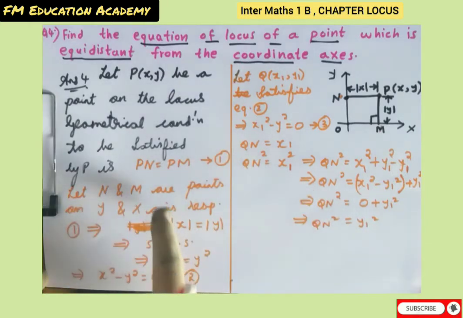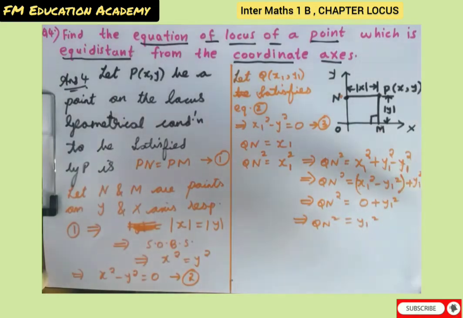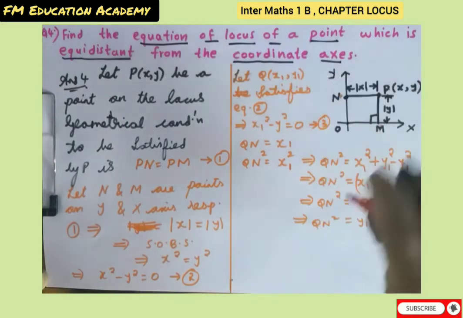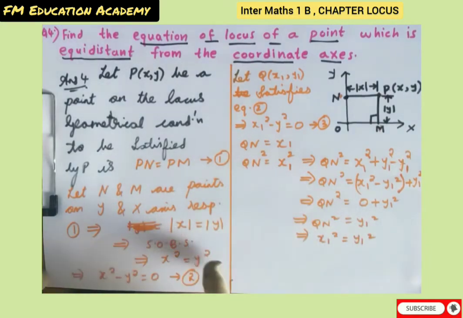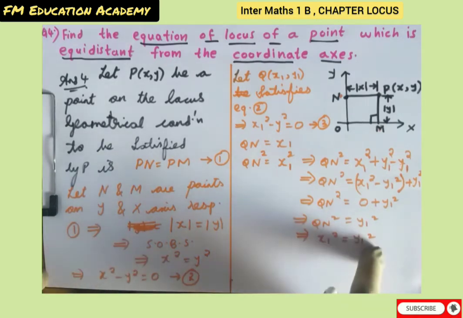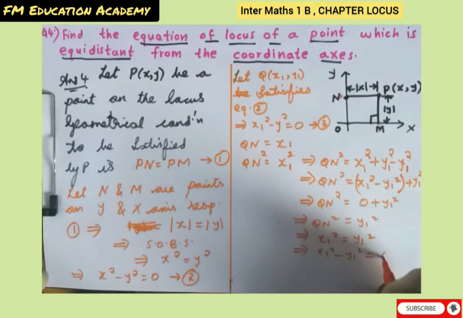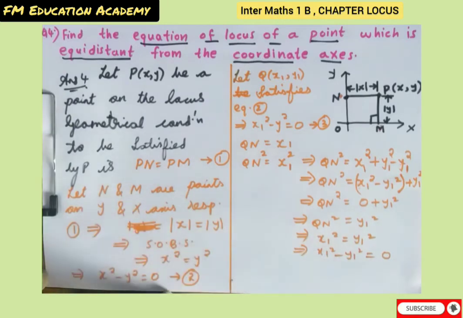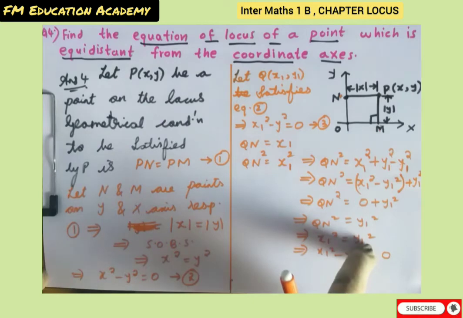See, here we got Pn is equal to Pm, that is, here we got x is equal to y. What is Qn? We know Qn here is x. So we can write x1 square is equal to y1 square. So initially also we had x square minus y square is equal to 0, and this is also x1 square is equal to y1 square, means it is nothing but x1 square minus y1 square is equal to 0. That is, both the conditions are there. So we took Qn, we made it equal to y1 square.